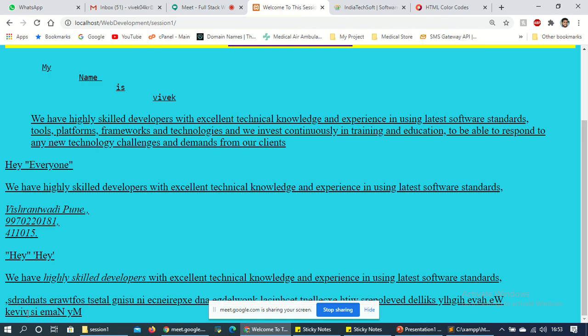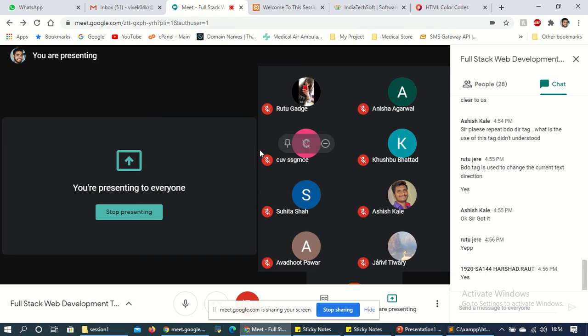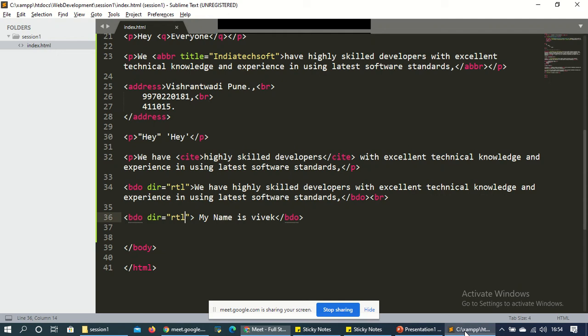And we are getting, see, this is the spelling Vivek for Vivek, My for my, Name, but we are getting it reversed, like Kevibsi. Okay, it looks like French or German. Yeah.